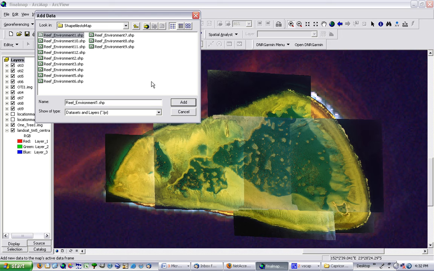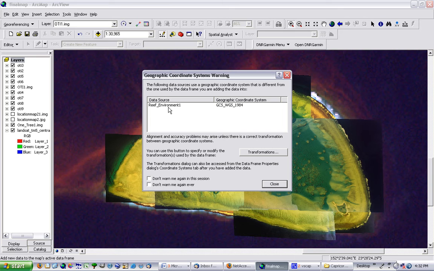So if we click on Reef Environment 1 and we add it, you'll get this coordinate system warning. Don't worry about it, you can just press close here. That's basically because I had to create the shapefile in a projected coordinate system whilst the Landsat images are in a geographic coordinate system. You can find out more information about geographic and projected coordinate systems on any website or GIS book, but you can only do areas in projected coordinate systems, so you will need to make sure that your shapefile is in a projected